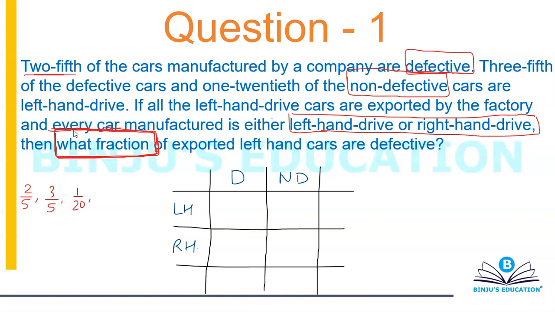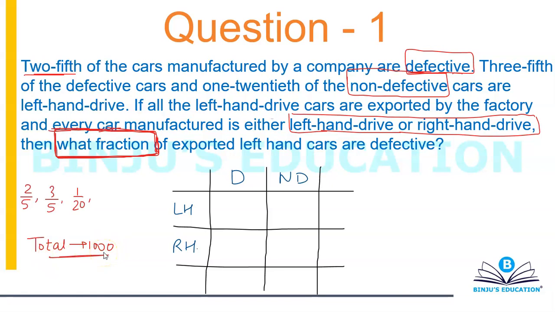Now use this method only when all the terms are given to you in terms of percentages or fraction. If any one of the terms is given as an absolute value, that is like a specific number 20, 30, 35, 40, then you can't choose any number. Then in that case you'll have to take X only. Now in this case everything is given to me in terms of ratios, so I'm going to assume a number. So 20 and 5, so let's take total to be 1000 to be on the safer side. You could have taken it to be 100 also, but I'm going to take it to be 1000.